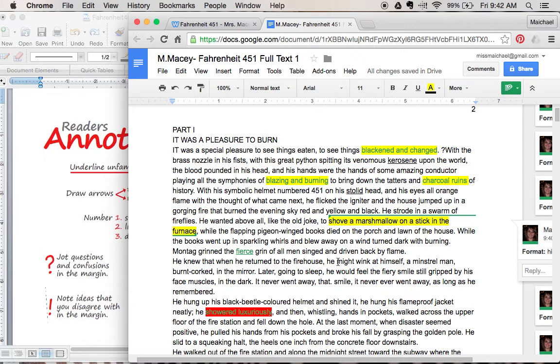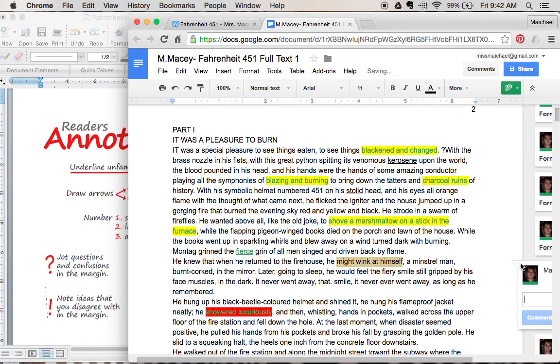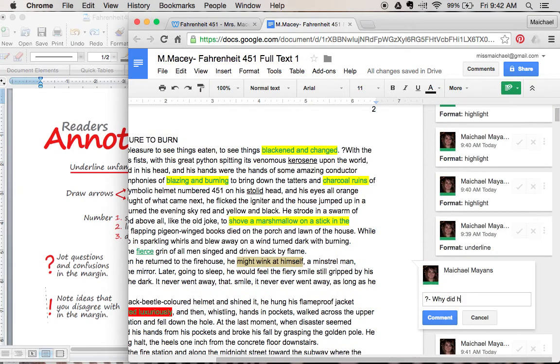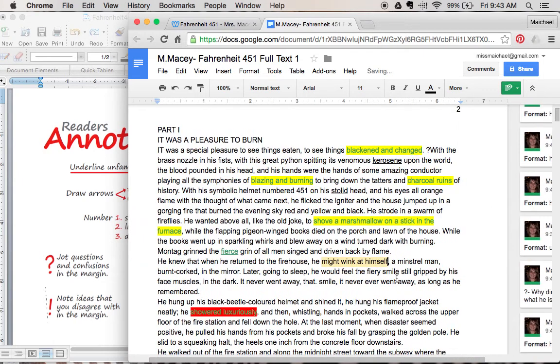He might wink at himself. Okay, I would highlight it, and then over here it has this little added comment. Okay, so maybe I have a question. So I'm going to put my little question mark, and then I'm going to put my question. So why did he wink? Is he proud of what he is doing? Okay, and then I'm going to write my comment.